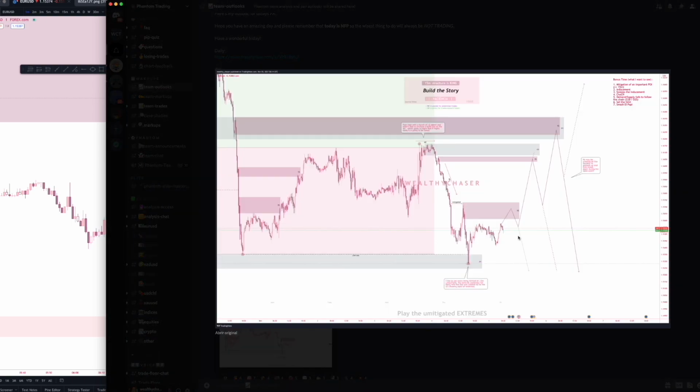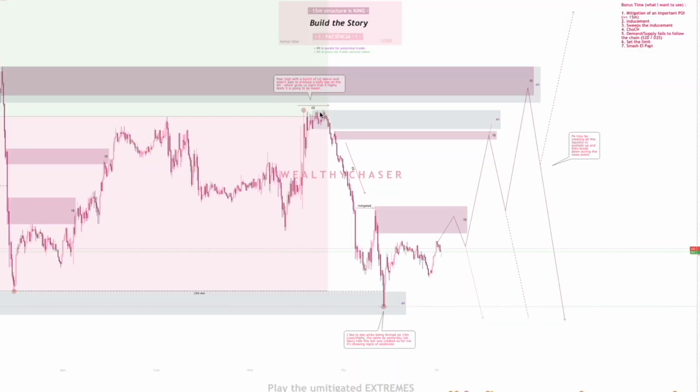On the 15-minute, what do we have? Well, we have a very important zone that fell down after we tapped the equilibrium of the 4 hour leg. Then we reacted up and came to mitigate this supply over here. If we're following mitigations and supply chains, the most probable zone to drop is this. So if this provides me lower time frame confluences, I'll take it. If not, I'll wait for a supply above.